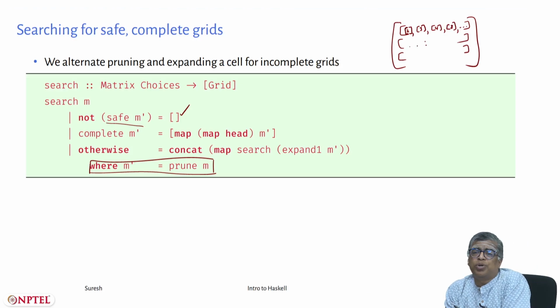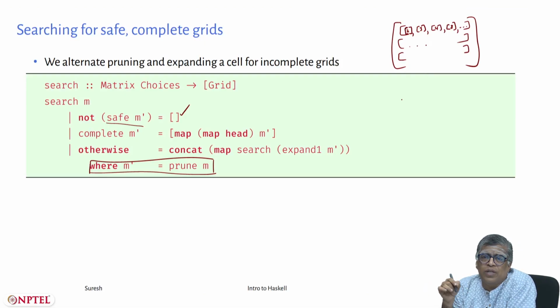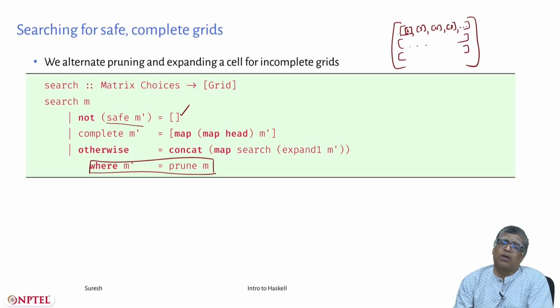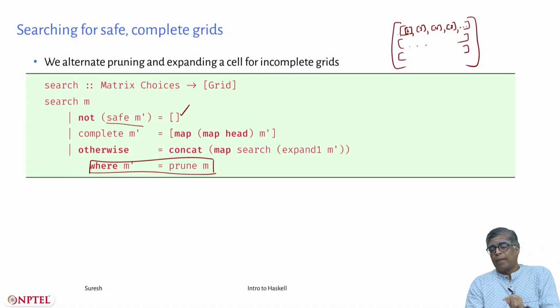So what should I do? I should turn that singleton list into a normal element, and I can do that by using head. Because head of 2 followed by the empty list will just return 2. I need to first map head on each row. If I map head in each row, it will turn this list of singleton lists into a list of elements, but that is for each row.